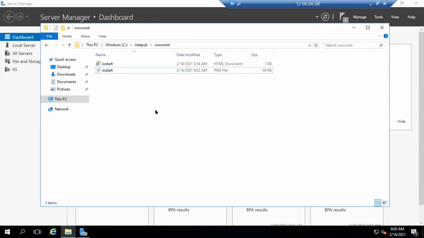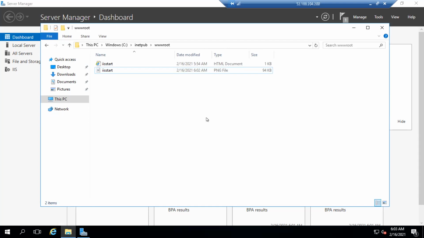Yeah, I got the same page. Understood now? If there is real code, you get a real website, right? So this is the first thing we see: how the virtual machine gets created, how we can configure a web server, and how we can deploy my sample website.